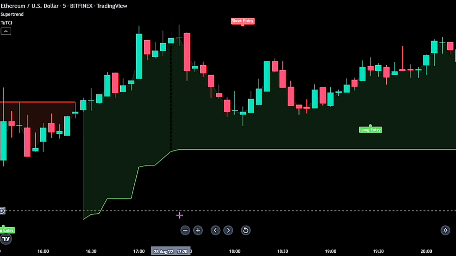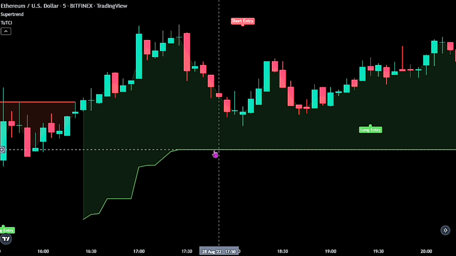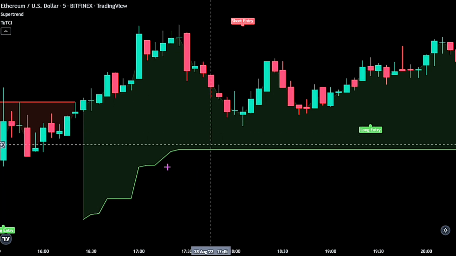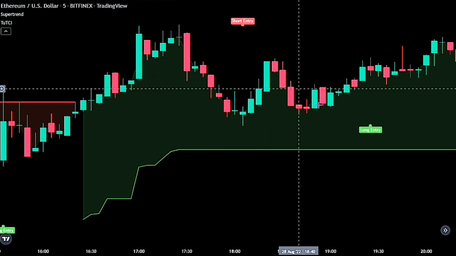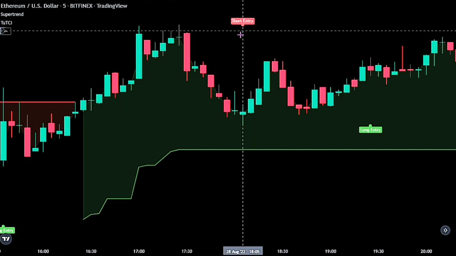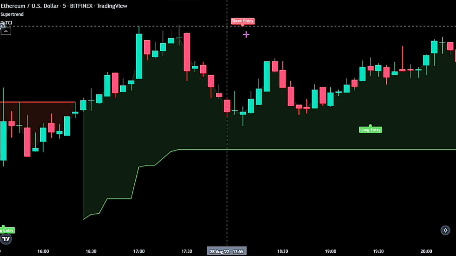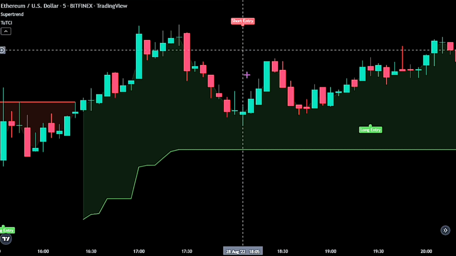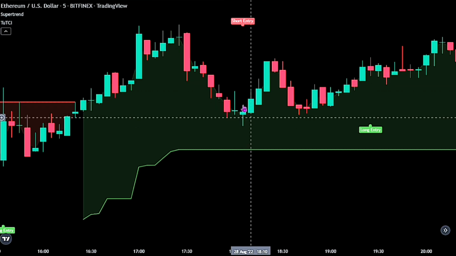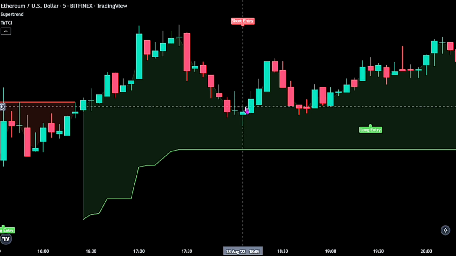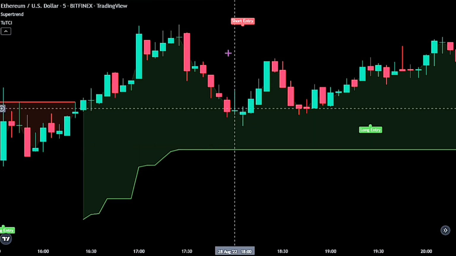Now for a valid buy trade, we would first need the Super Trend colored in green as our first confirmation, showing that there are more buyers in the market than sellers. Now we would wait till we see a short entry label from the TTC. When these 2 conditions are present, we would be placing a buy order at the peak of that candlestick, and we have to make sure that the Super Trend indicator remains in green as we get the short entry label